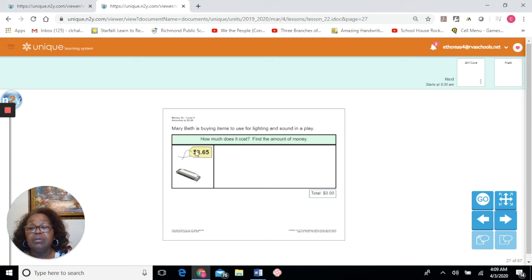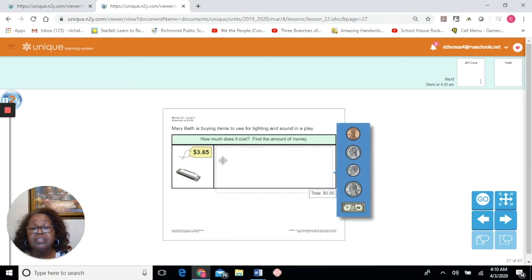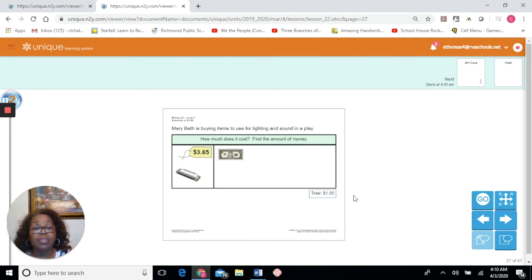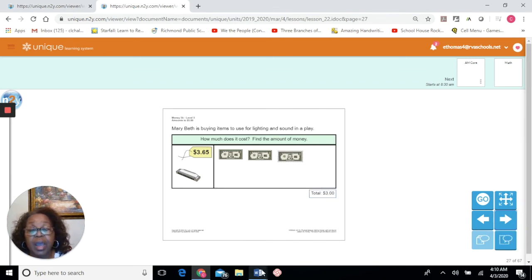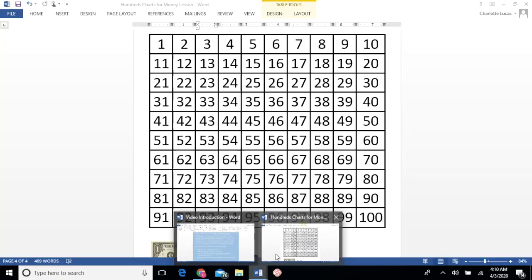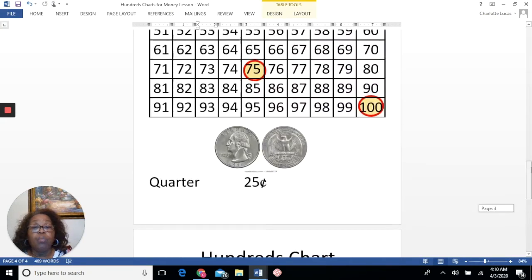$3.65. Dollar sign, decimal point. Let's see if we're able to do it. If we have $3 on the left side of the decimal point, we know that we have 3 whole dollars. Let's get that. 1, 2, 3. Now, if we want to count out our change, the amount that is less than a dollar, we can go back to our